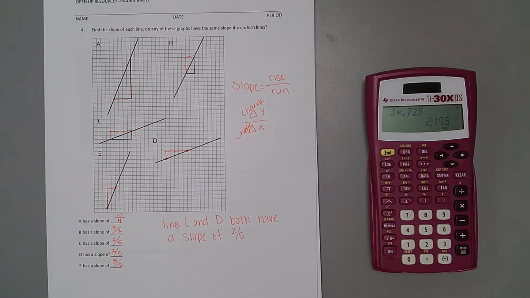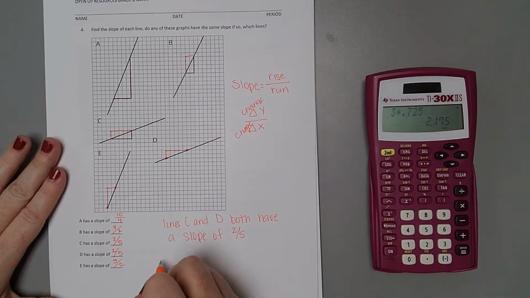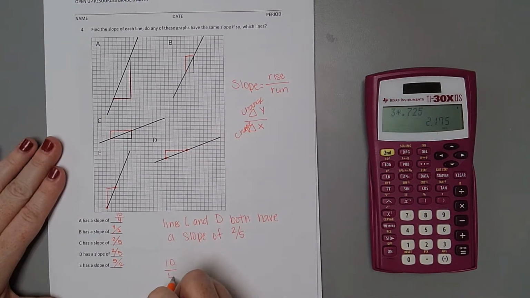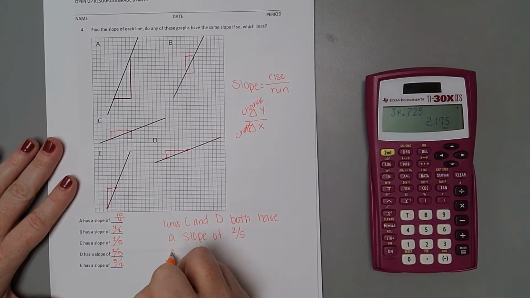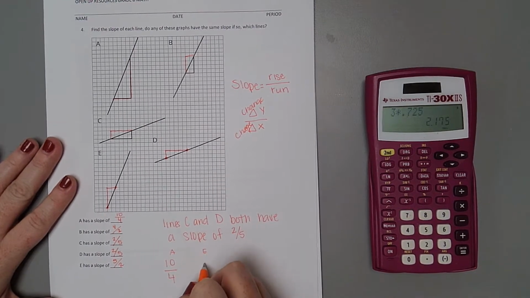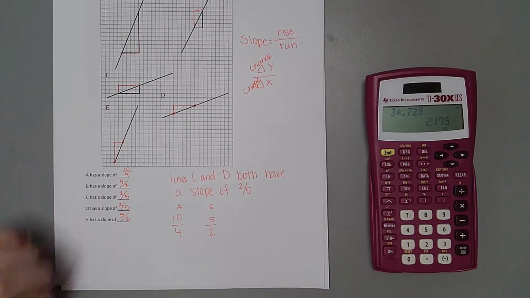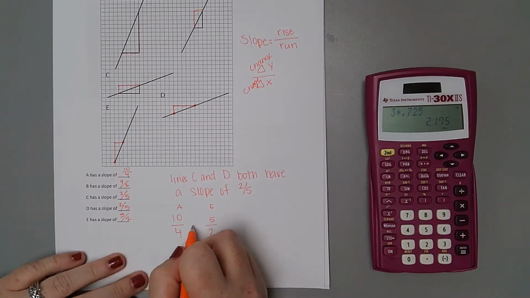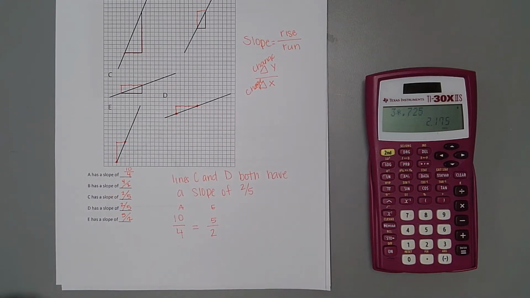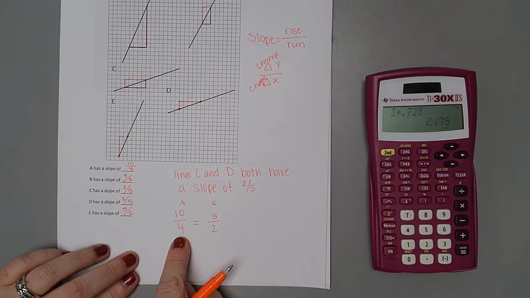Yes, there's another set that have the same slope. A and E. So A is 10 over 4. E is 5 over 2. These two are equal because if we were to simplify